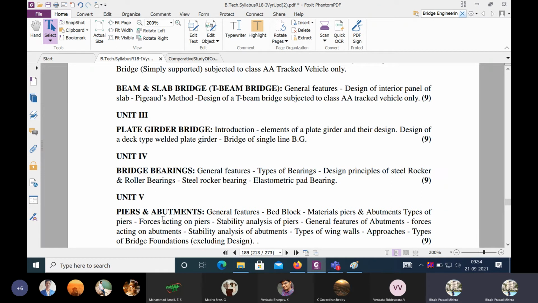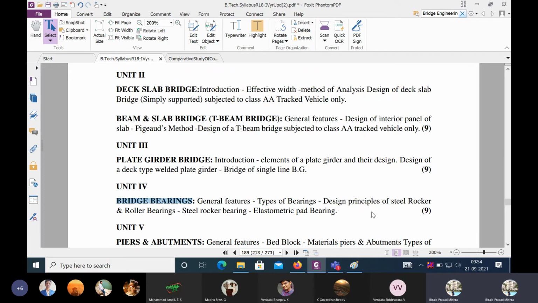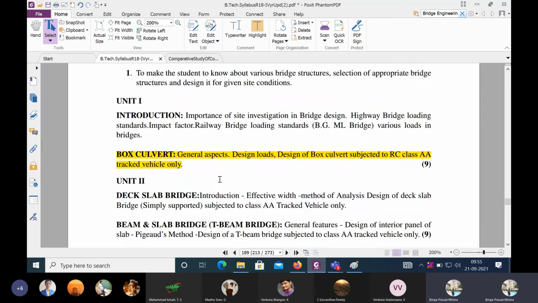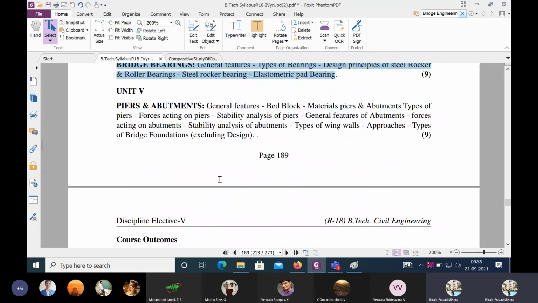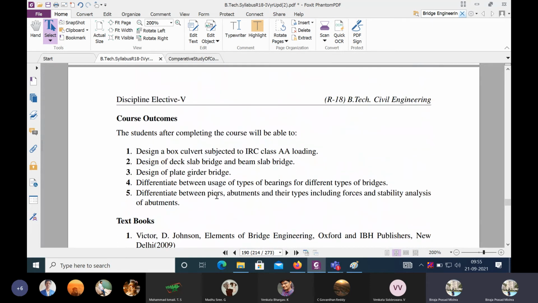The design of bridge bearings is a separate career. Even people make a career in this one. So we will learn only 0.1% of the bridge bearing. It is very little, because these are a separate study. Here in bridge engineering, we have touched only very basic concepts of the bridge bearings.